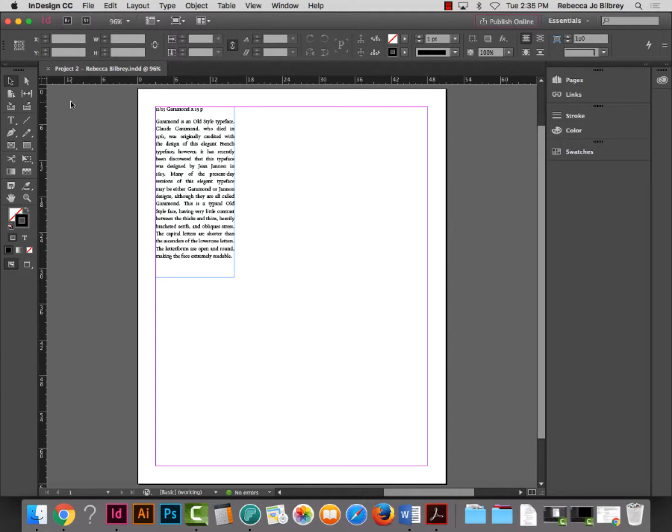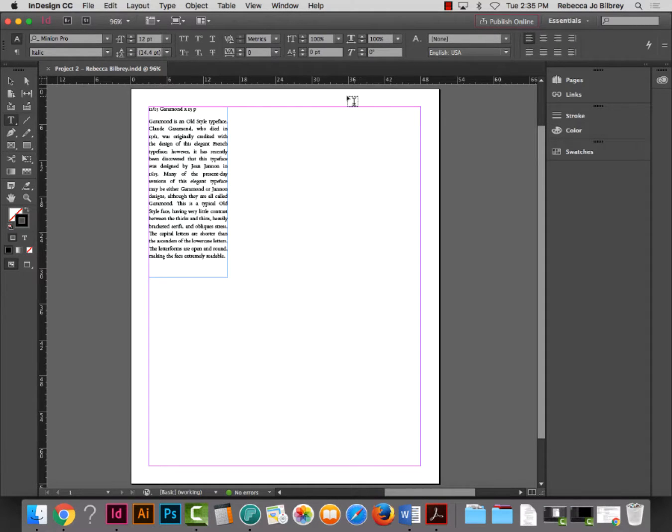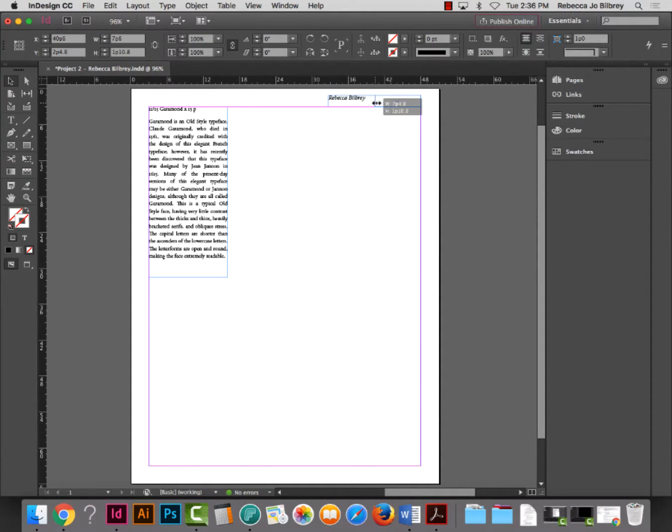Oh, you know what we should do too, because it doesn't have you put your name on here. We need to go ahead and typeset our name on this. So somewhere in the upper left-hand area, go ahead and type in your name. I don't care what font. You can make it as funky as you want as long as I can read it. Just put it kind of close to the pink line so when it prints, it doesn't get cut